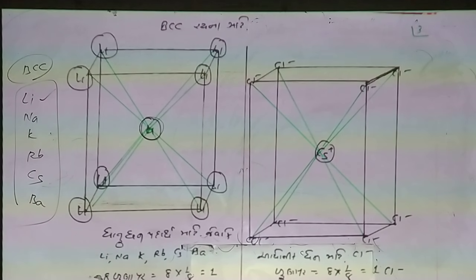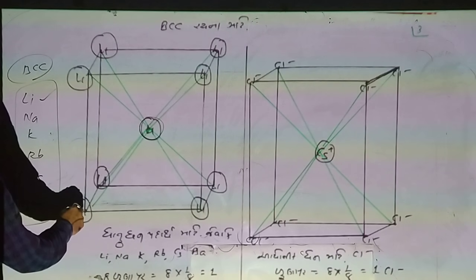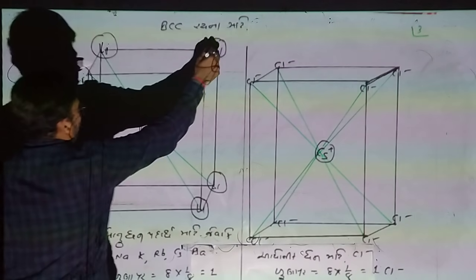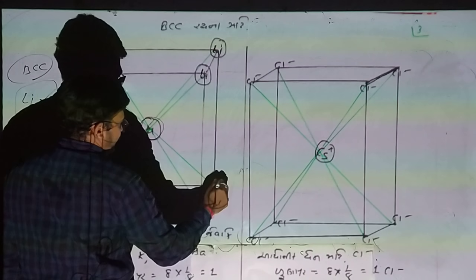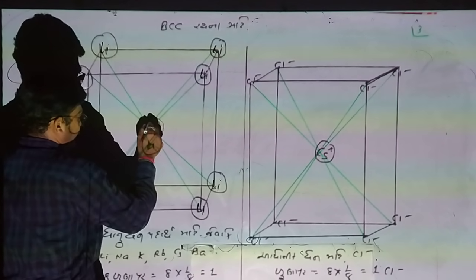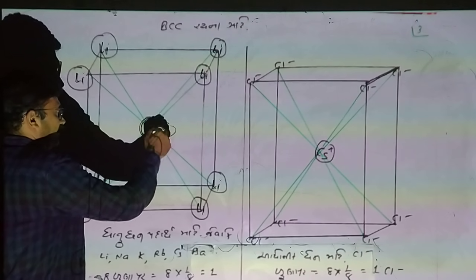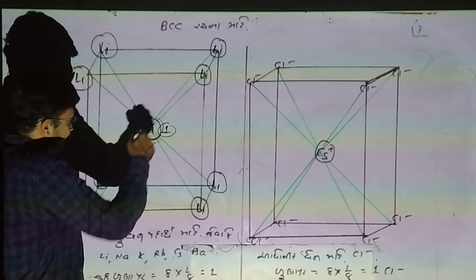In the metal all the atoms are the same, so all 8 lithium are at the corners and 1 lithium is at the center of the cube. So find out the number of atoms per unit cell. Here the middle one of the cube is individual.